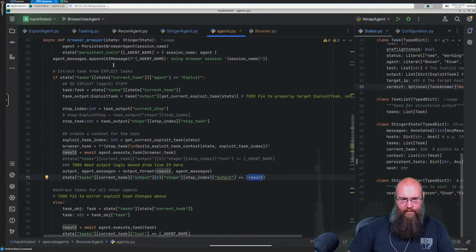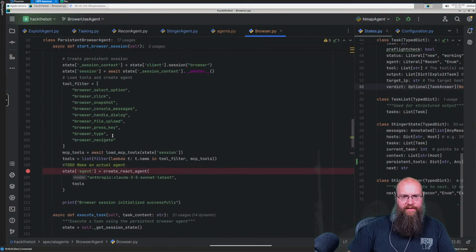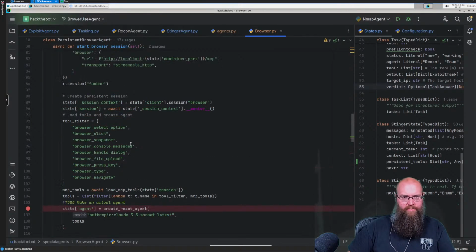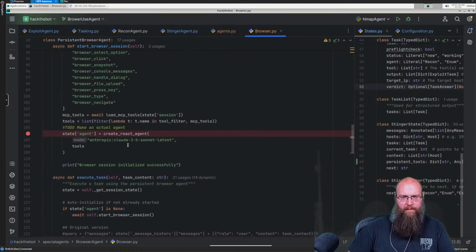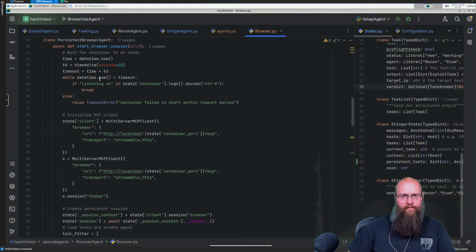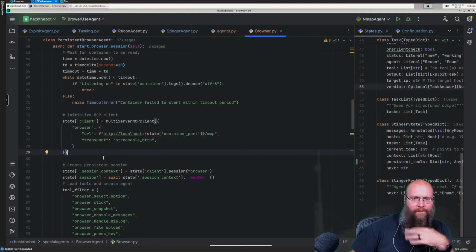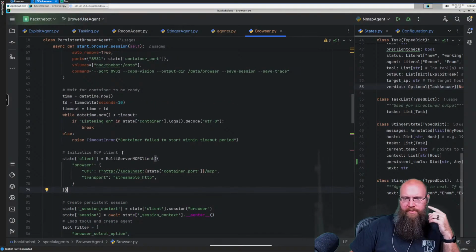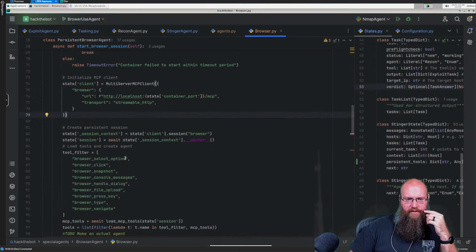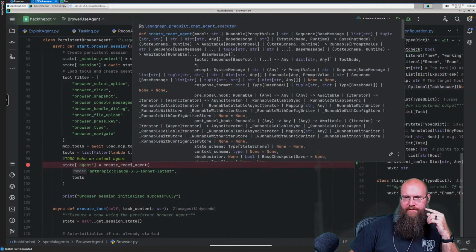If we come back over to the browser, and if we go to where we actually instantiate the React agent, where is that? Where did I put that? Oh, I need to take this out. This is trash right here. Get rid of that. Don't want to just leave that floating around. Here's our tools. Here's our create React agent. There we go. So if we look at the doc string for this,